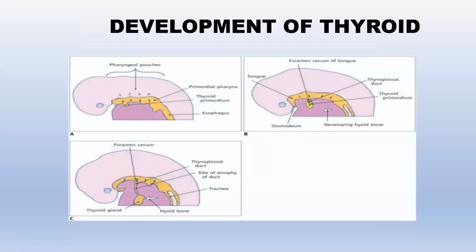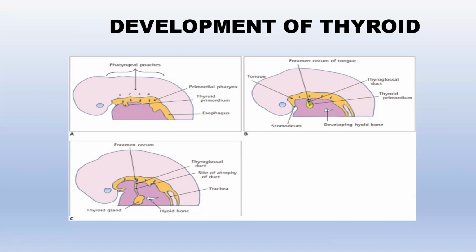Coming to developmental anatomy or embryology of the thyroid gland. To understand this, you must also be clear about the pharyngeal arches. So leaving behind the pharyngeal arches, we'll go here with the pharyngeal arch. After the development of the pharynx, there is the development of the thyroid diverticulum. What is the thyroid diverticulum? It is a median endodermal lining. So this is the median endoderm. From the median endodermal thyroid diverticulum, the thyroid gland develops.